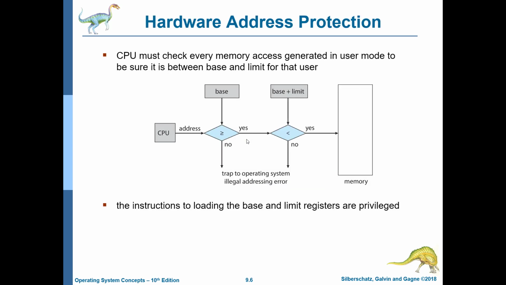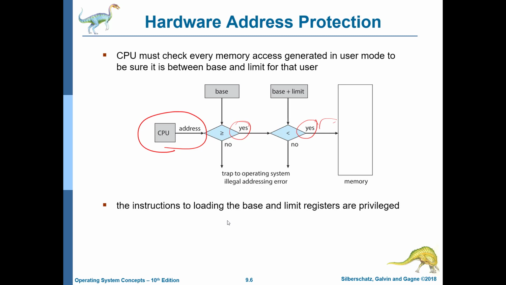So the base and base plus limit idea is old and is unfortunately not something that happens today. But as I said, a remnant of it is there. We'll discuss the remnant later. So the basic idea is, given a CPU address, we can either add it to the base, or if it's an absolute address, we check it with respect to the base. If it is greater than or equal to the base, yes, but it needs to be less than the base plus limit. Then we access memory, otherwise we don't.